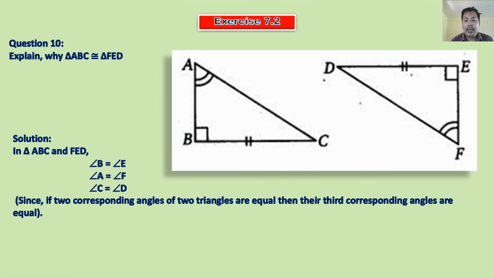The remaining third angles, that means their third corresponding angles, are also equal. C and D are the other corresponding angles of the triangles. Since two angles of the triangles are already corresponding and equal to one another, the third angle is also equal. So you have to remember that angle C and D are equal because they are the third angles. Once again, being the third angle.